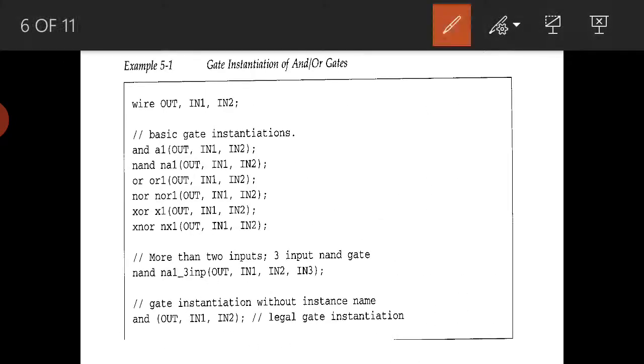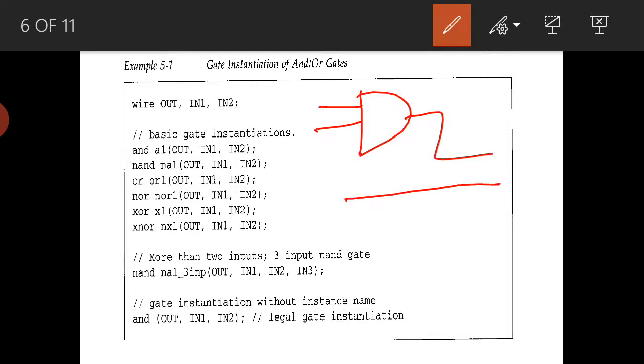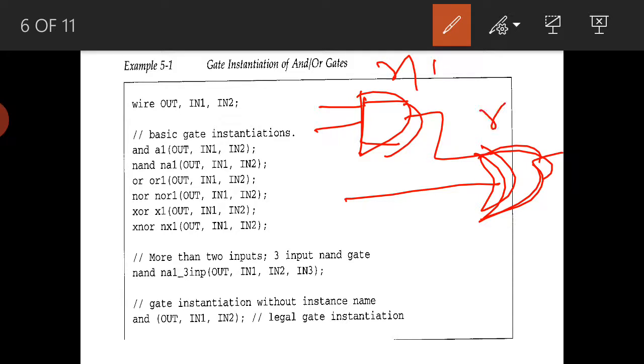So if you have, as I told earlier, a circuit like this, this is OR, and let us say this is NAND, and this is N1 and this is N2, let us say A, B and C. For N1 what we need to write is AND, then the instance name, I can give as N1.